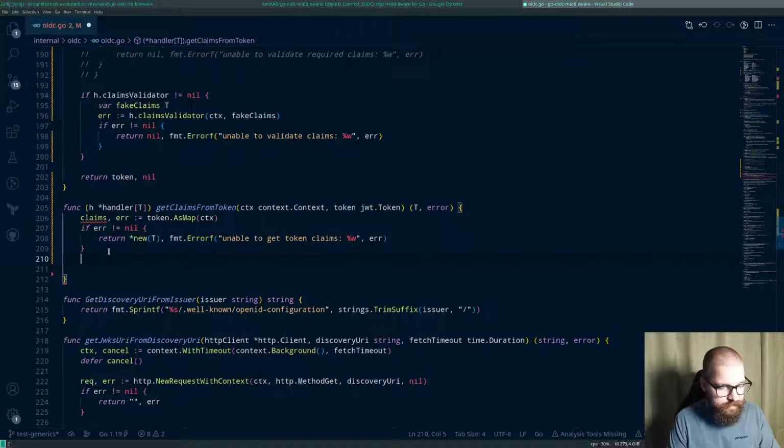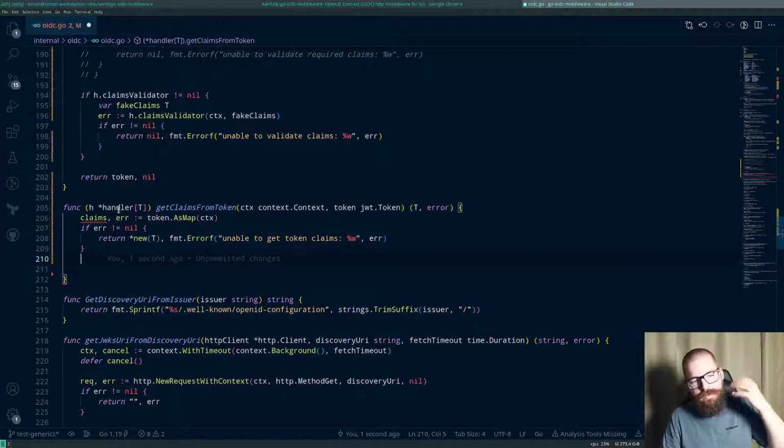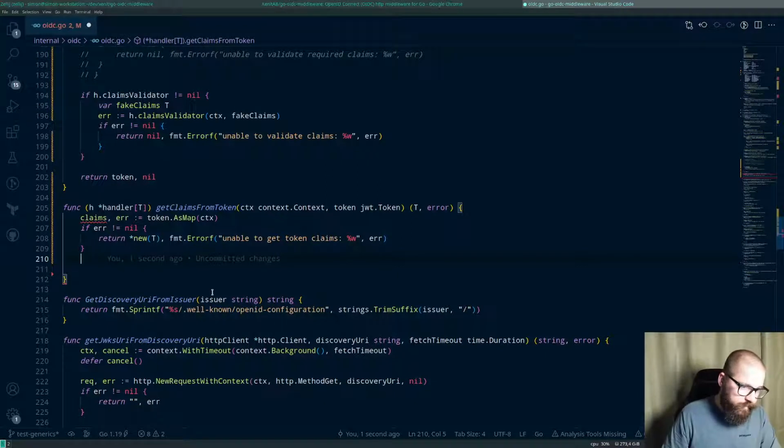I'm going to hack this to begin with. But it would be nice if a JWT token could take a generic type and give it back to me. But since I'm not sure it's possible, I should